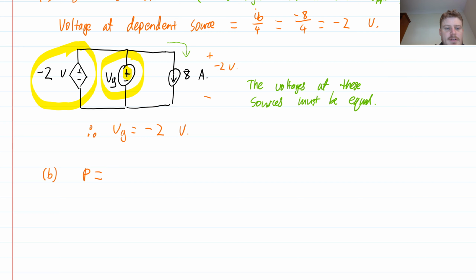So I just want P equals I times V. And I can now substitute in the values. So I know that the current is 8 amps, and I know that the voltage is minus 2. So I end up with minus 16 watts. And so I remember from the passive sign convention that negative power means that we're injecting energy into the circuit. So minus 16 watts is the way we write the power, but this is the same as saying